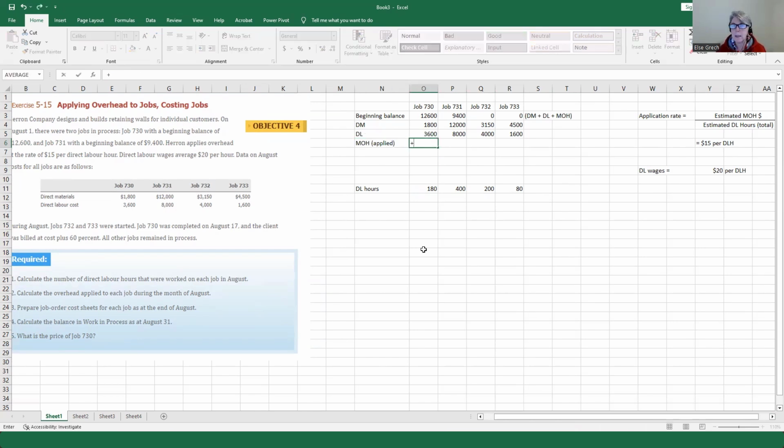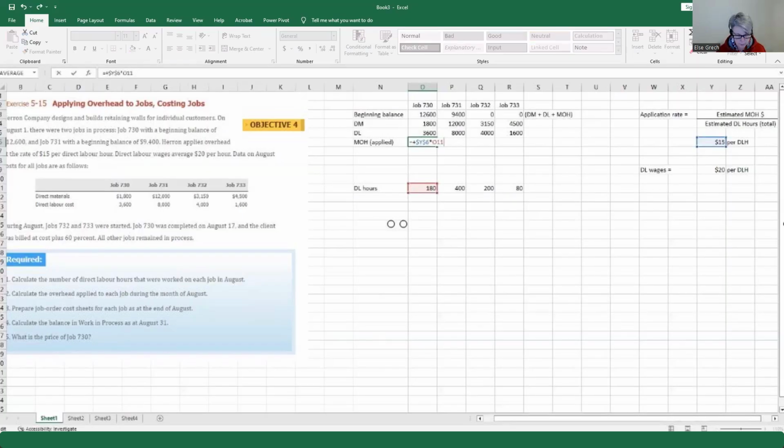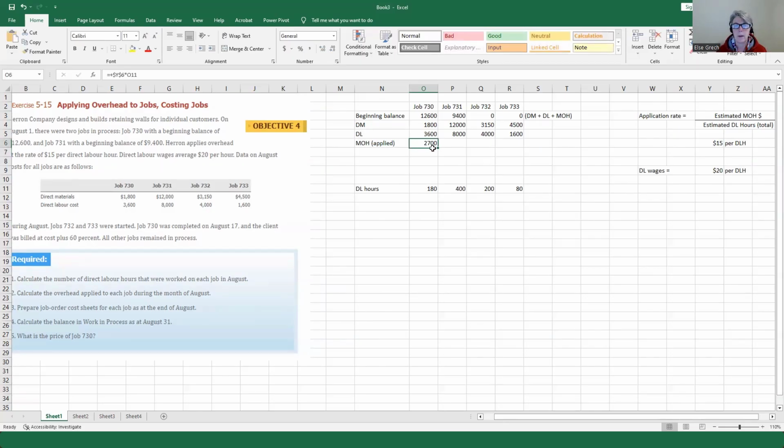That means I can take this $15 and multiply it by the direct labor hours that were worked, and it will tell me how much manufacturing overhead to apply to this job. There we go. Okay, so if I drag this across, it should automatically take the number of hours we have and multiply it by the application rate. So remember,